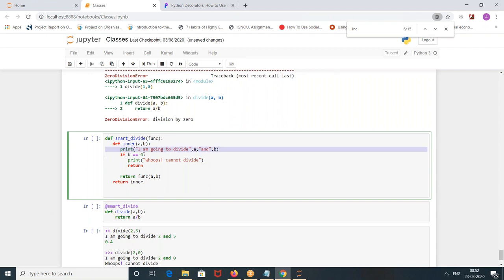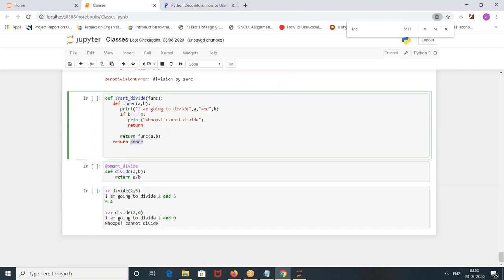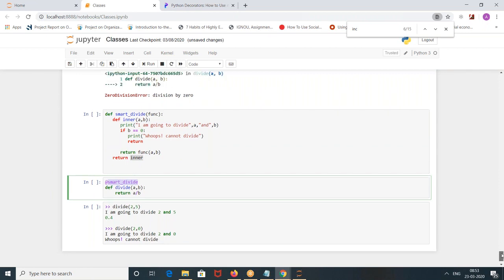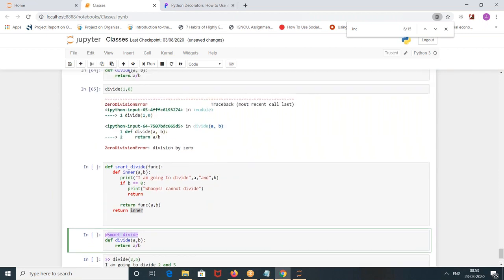I am going to divide a and b. If b is equal to 0, I cannot divide, and that is what he prints and returns. The outer function returns this inner function. Now he is applying smart divide as a decorator on the divide of a by b, from the previous example.